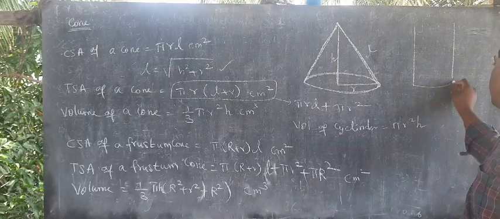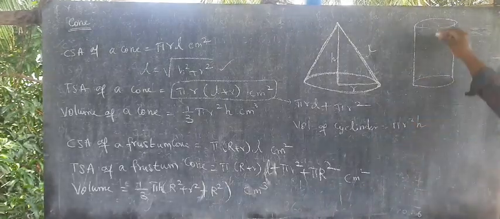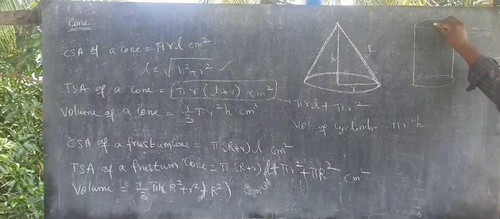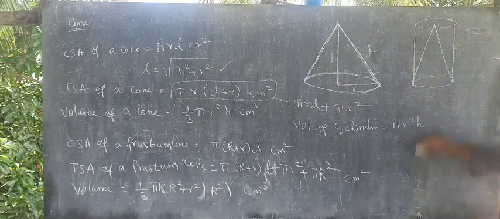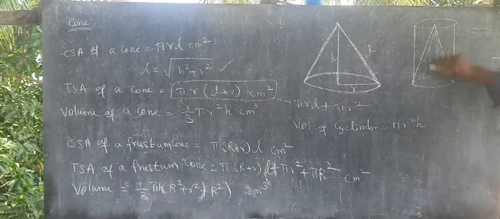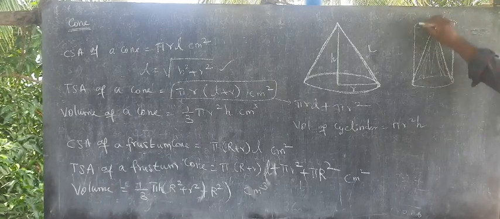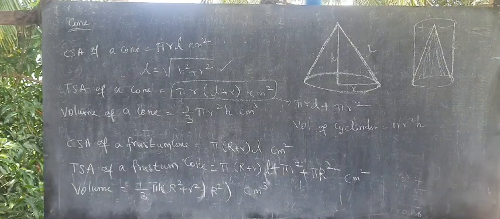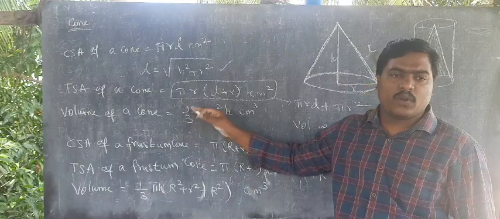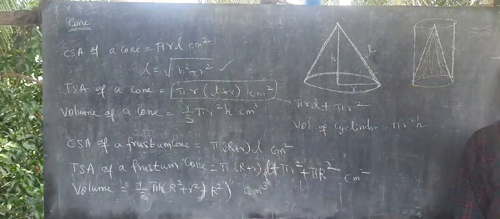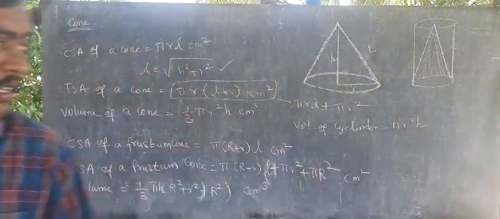we have one cylinder. This is the center radius, and if I draw radii like this, this area is one cone, this area is one cone, here is one cone. We get 3 cones from the cylinder. So that is why we say 1 by 3 pi r square h. For that reason they say 1 by 3 pi r square h, right? And then